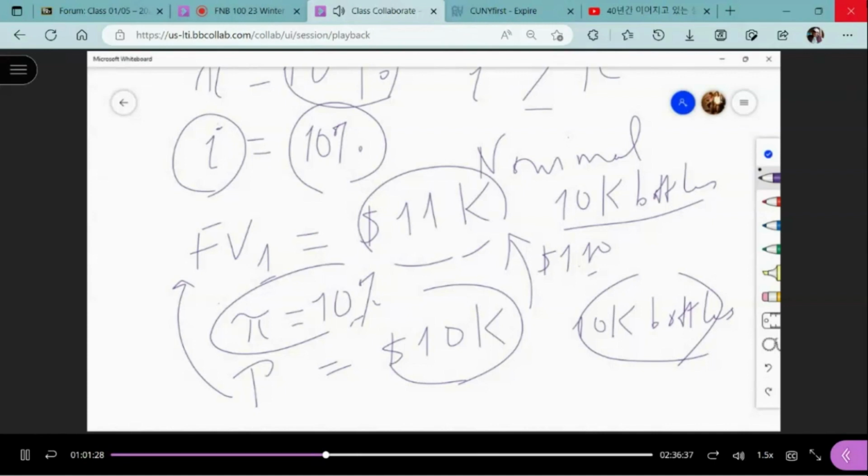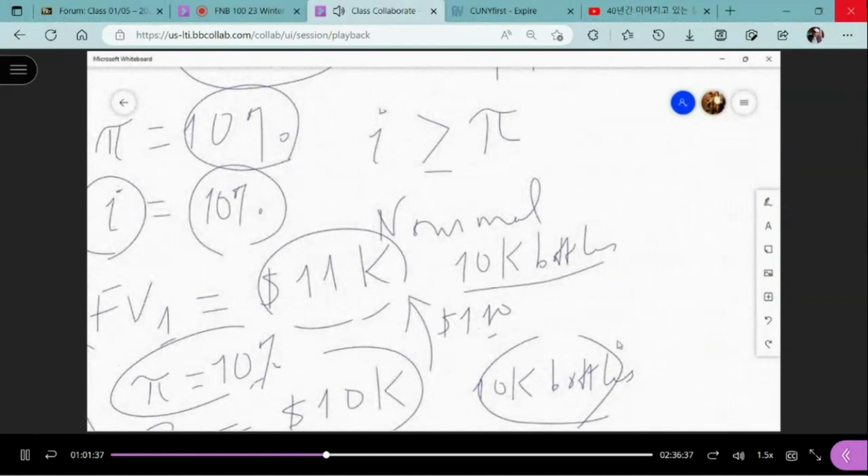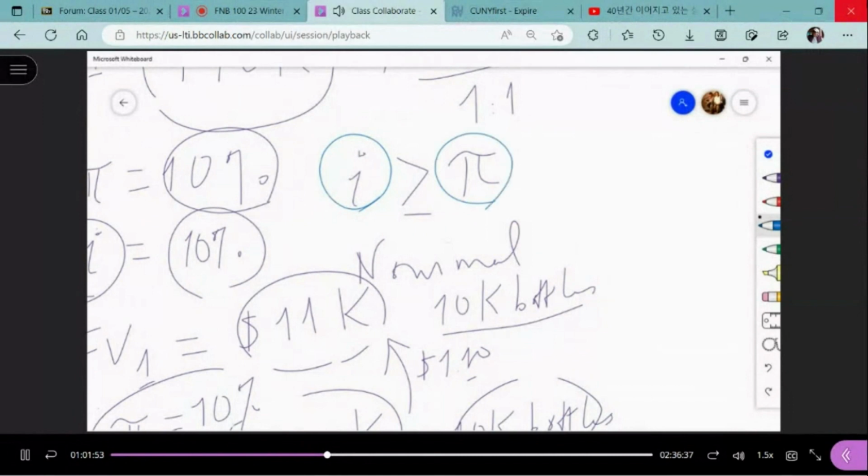But so inflation eroded the purchasing power of our money. But then, that's what I'm saying. That's why I'm saying, even if you are a very conservative investor, at least you want the interest rate to be greater than